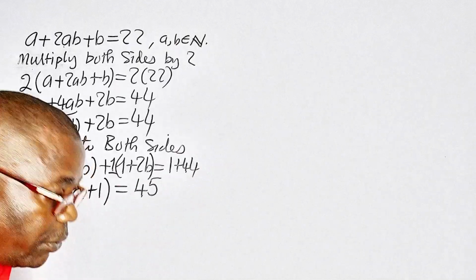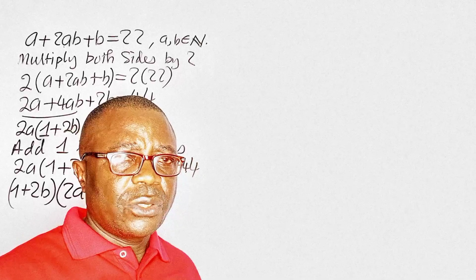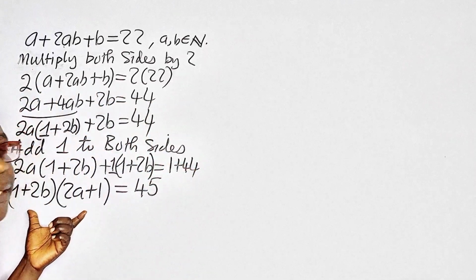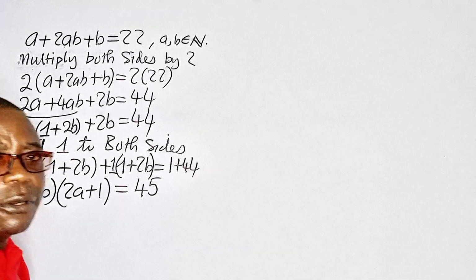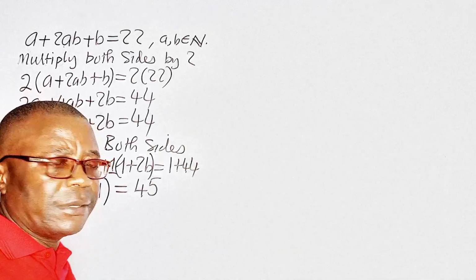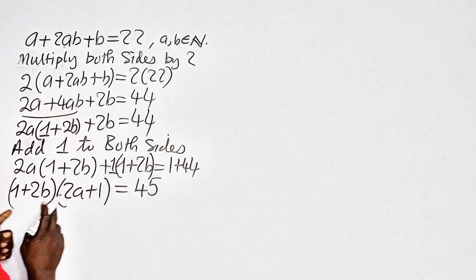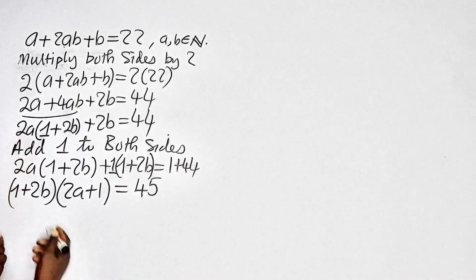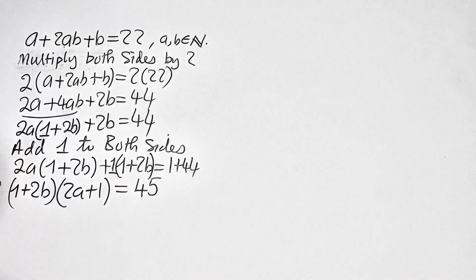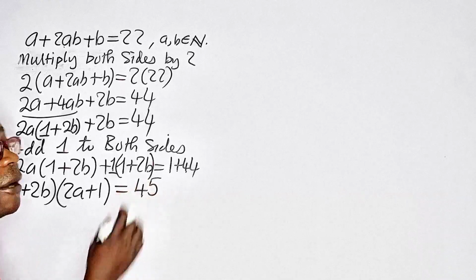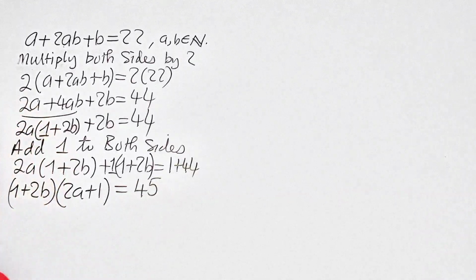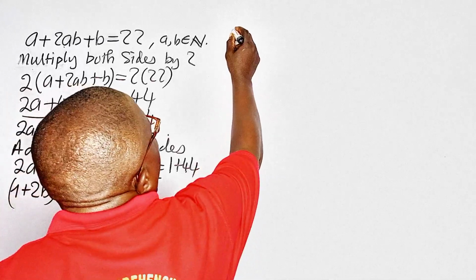Okay, so we have succeeded in factorizing the left-hand side to have two linear factors in terms of the unknowns a and b. So we have this factor multiplied by this factor giving us 45. Remember, we have to solve for a and b. So what do we now do? We have to decompose the number 45 into its component factors. Let's do that. So we know that 45